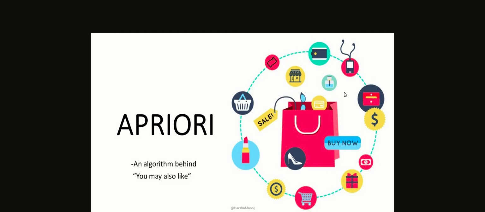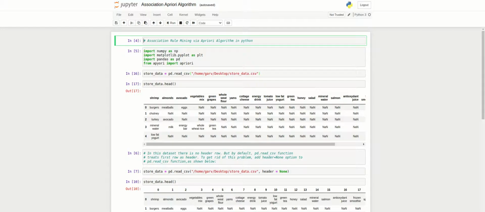So without any further delay, we move on to the implementation part. First we import the important libraries: NumPy, matplotlib, which is used for graphs in a visual method, pandas for our data set, and apyori to import the Apriori algorithm. So I just run this cell. After this we can import our dataset. I also give this dataset in the description below, as well as this notebook file, so you can find it.